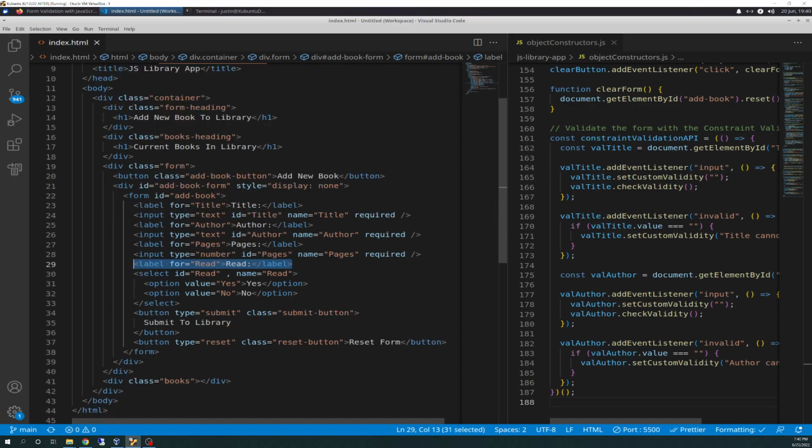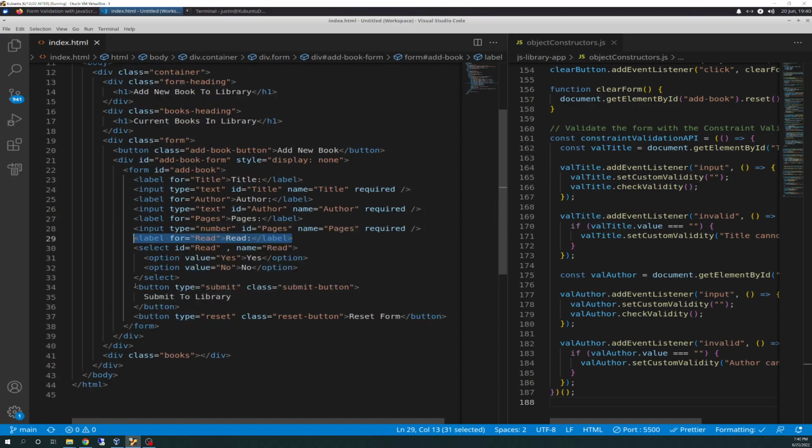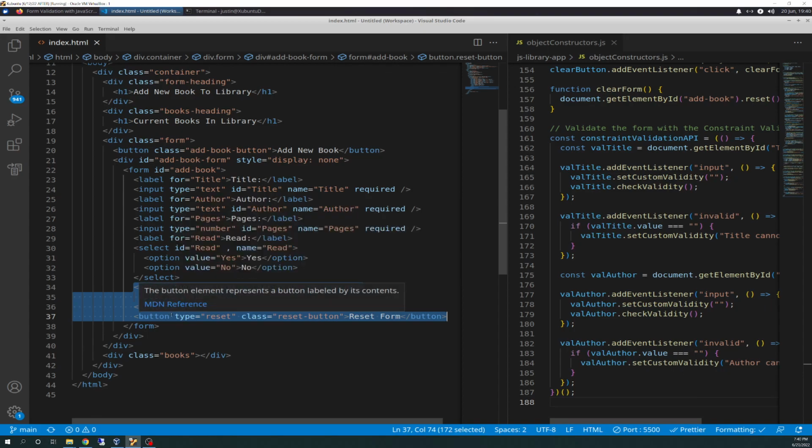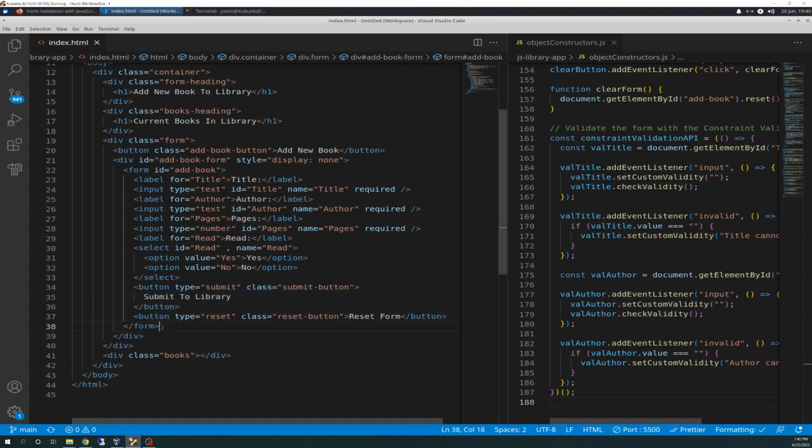So one thing I did do is I moved the buttons. Now this kind of looks messier in my opinion because Prettier has moved some things around on me, but both these buttons used to be outside of the form, and I won't explain why I did that. I did a thorough explanation of that in one of my previous videos in the library series, so go back and watch my library series if you want more explanation on that. But basically I moved them inside of the form